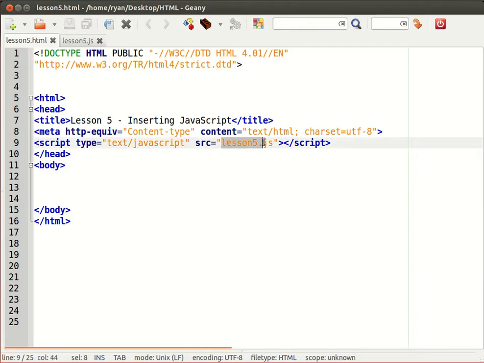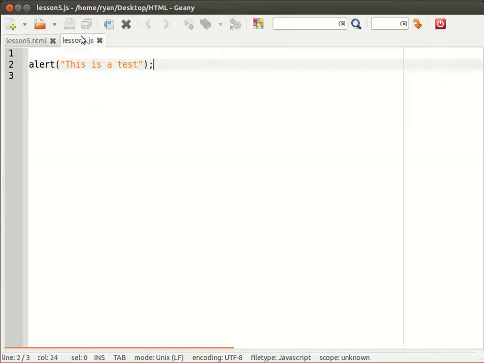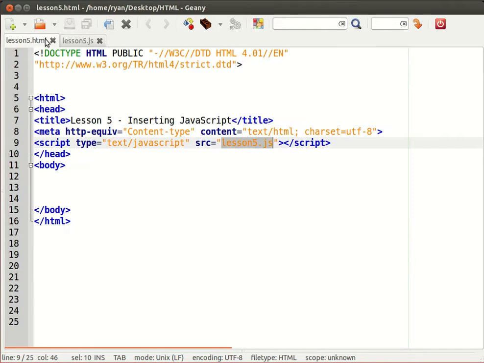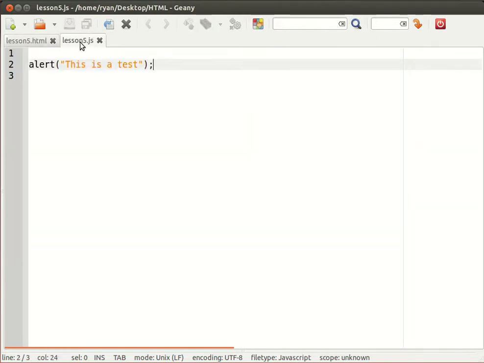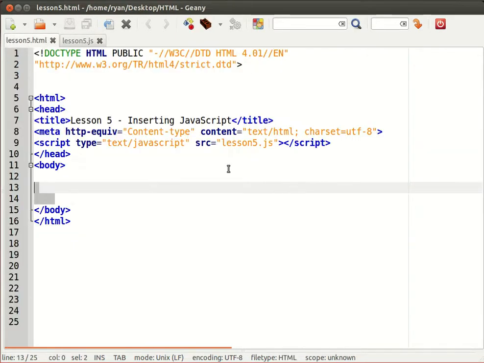This is a relative path, which means that the file must be situated in the same folder as the HTML file. So these two files must be located in the same directory. You could put this in a different directory, but then you would then have to put the name of the directory in front of the file. Okay,